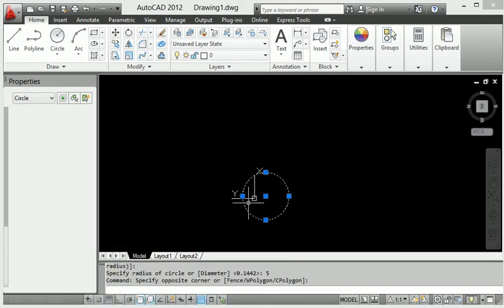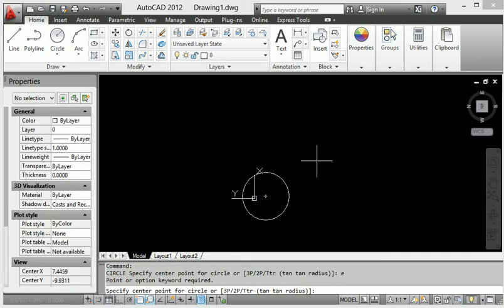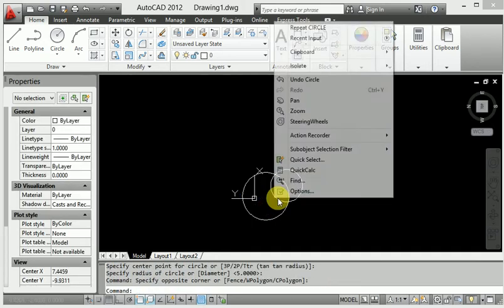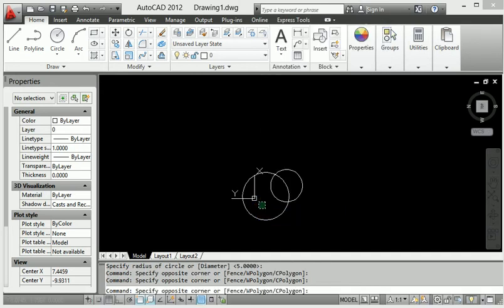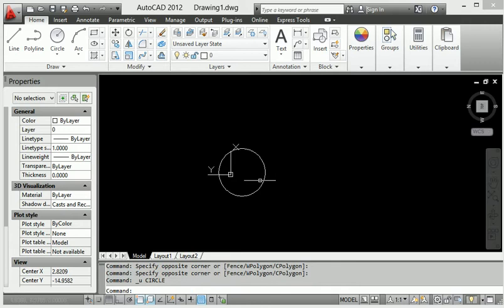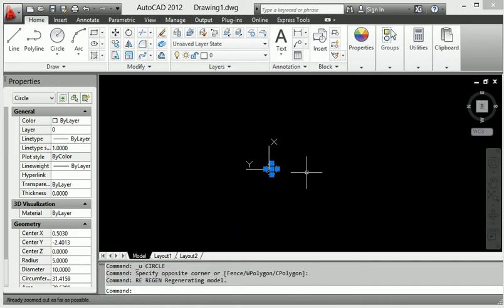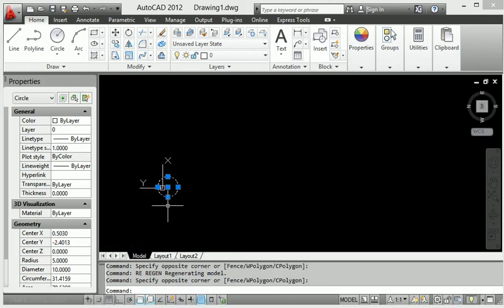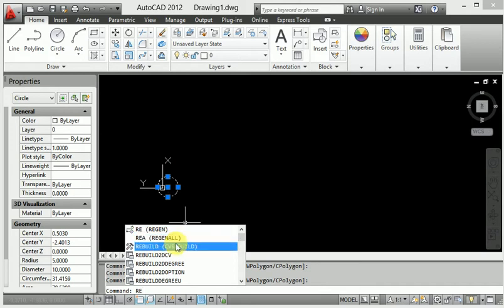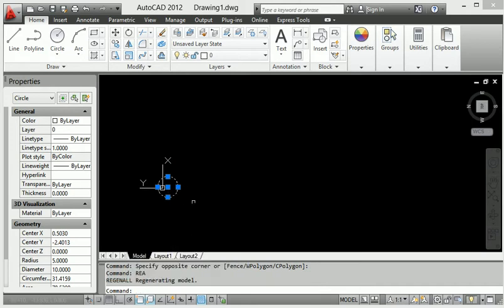Then I click this line and create the central line here. It is a circle. When I click here, this is the circle right now.